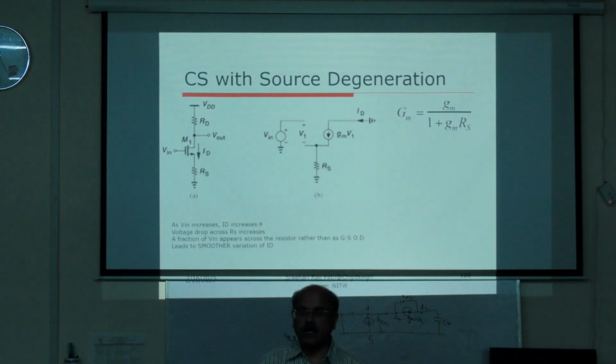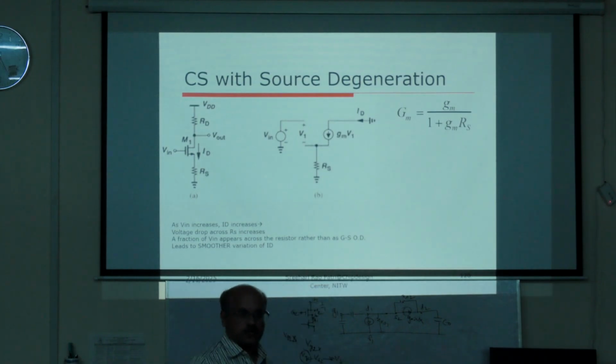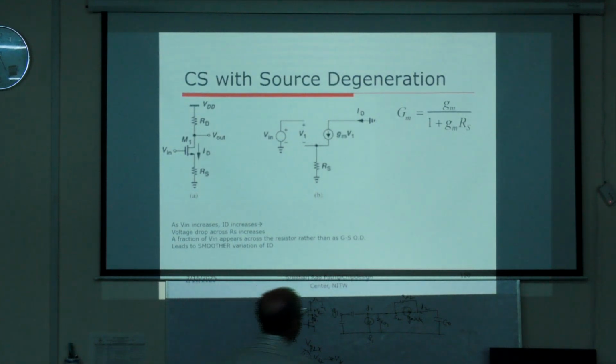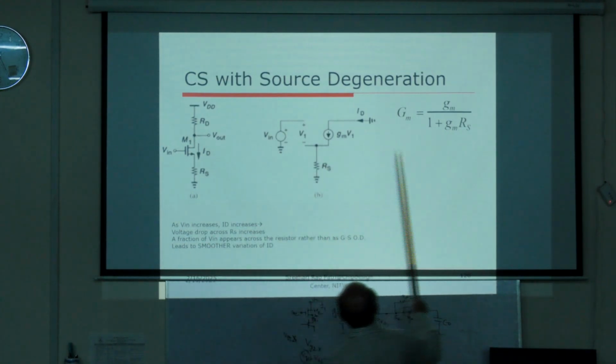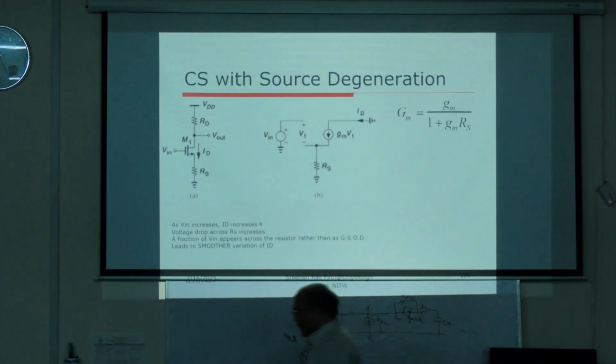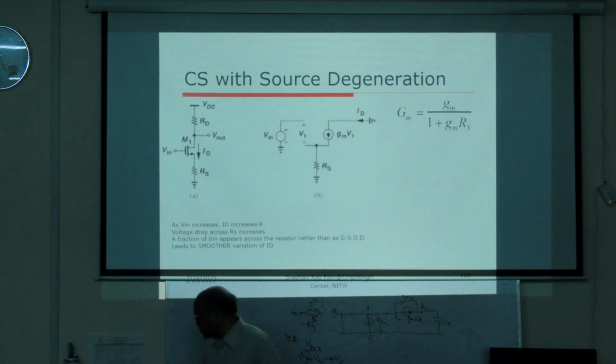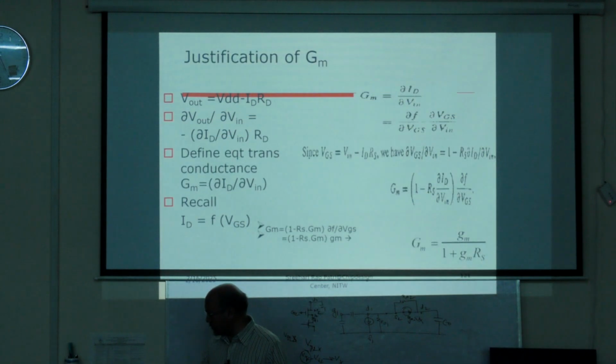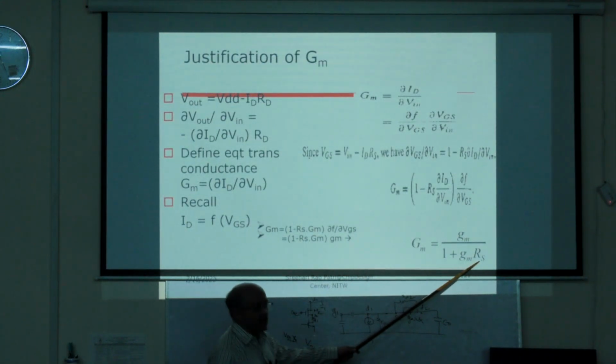So this is called a source degenerated common source amplifier. So okay, you can just now do the analysis, and the equivalent transconductance is GM by 1 plus GMRS. Okay. I will not go into the math here. It is interesting to evaluate this. It is GM by 1 plus GMRS. You can easily say that when RS is very large,